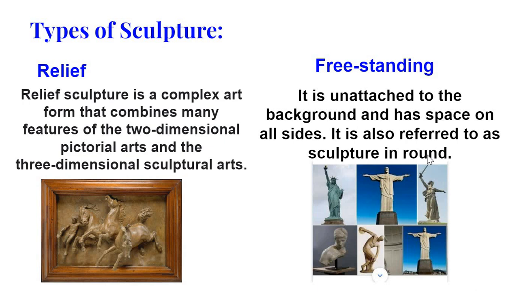Relief. So relief is a combination of 2D and 3D art. Just like here in our example, it looks like it is coming out from its frame or from its canvas, right? If you take a look at the left and right side, you can see that the horse and the man are like coming out from that frame. So from that point, it is made into somewhat three-dimensional. So that is called relief.